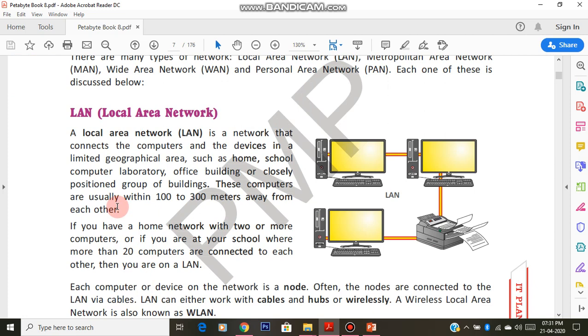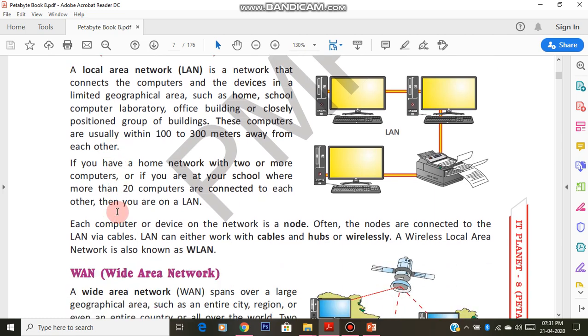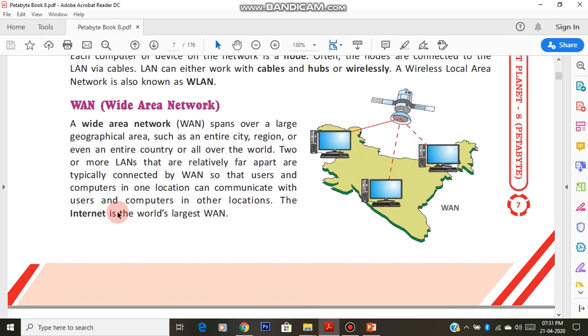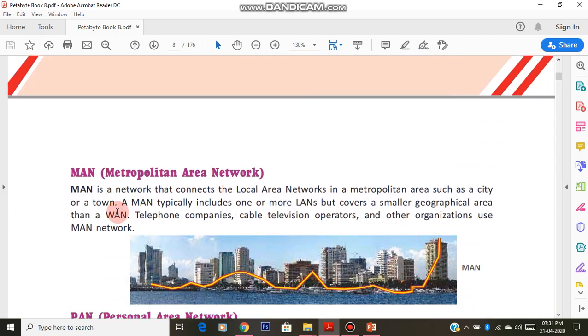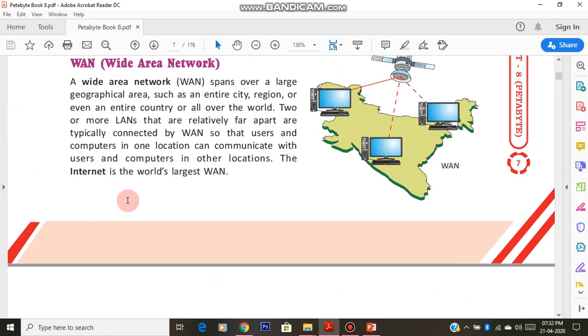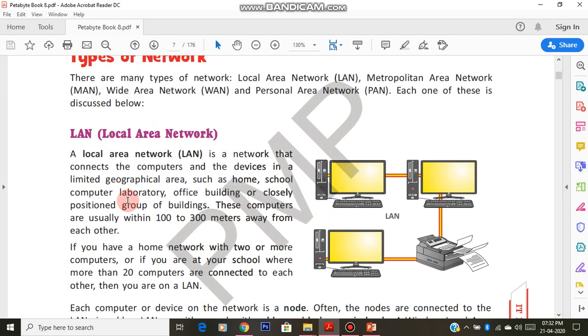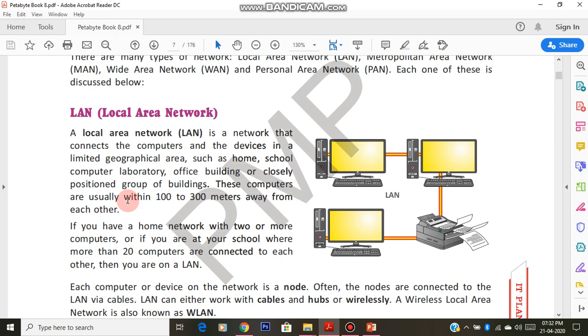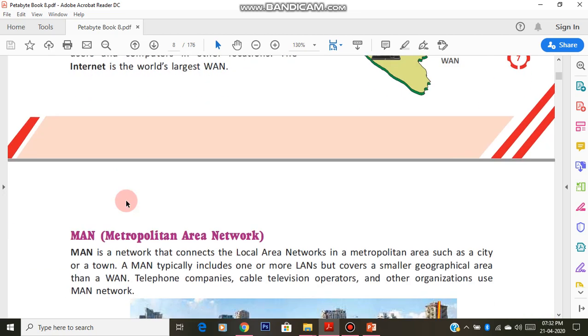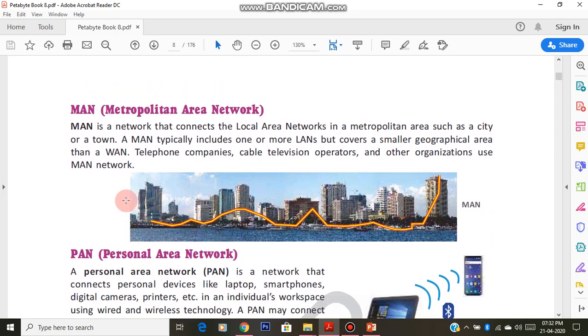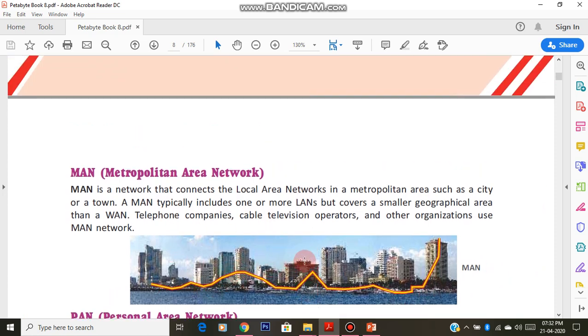This connects computers, about 40 to 50. And next after that it comes MAN. It's just a metropolitan area. This is still a city. This is a room. A LAN can be taken as a building, and MAN can be taken as a city that contains more than one building. More than one LAN connected together becomes MAN.